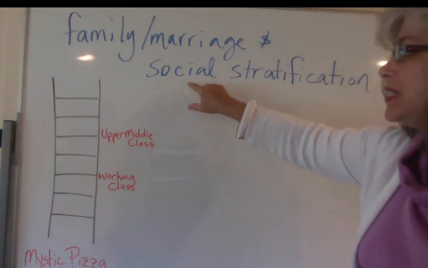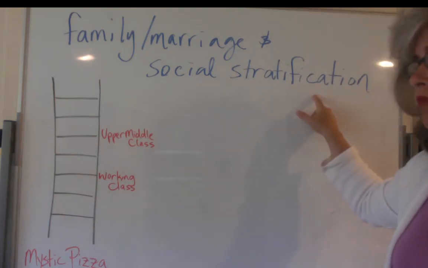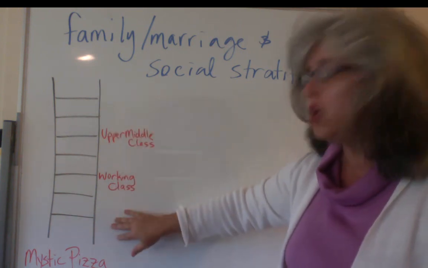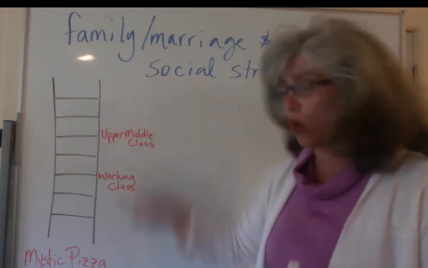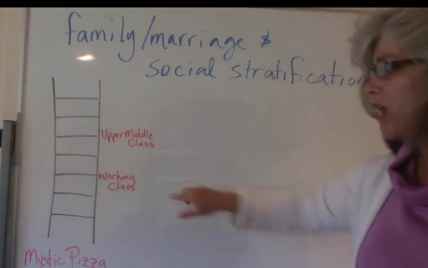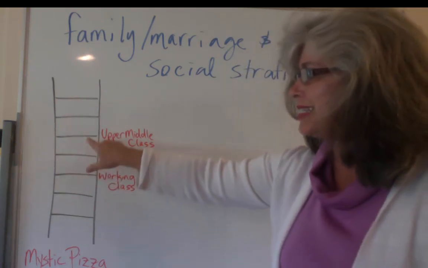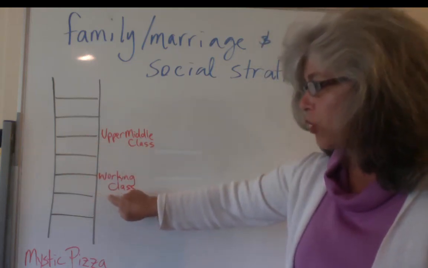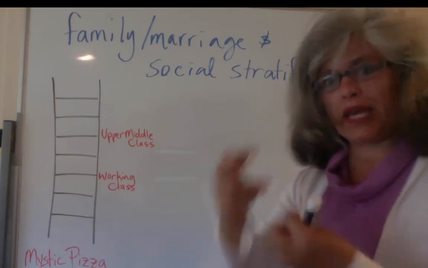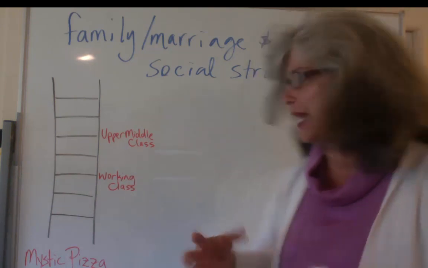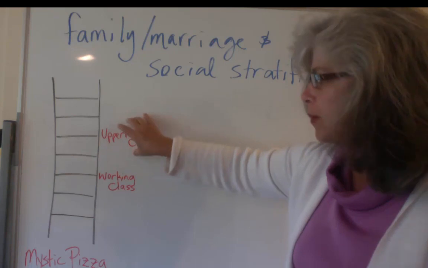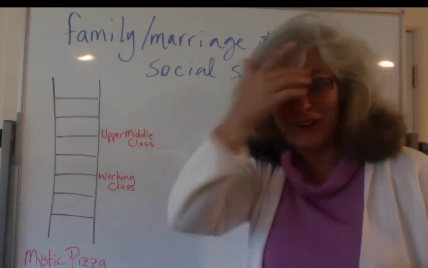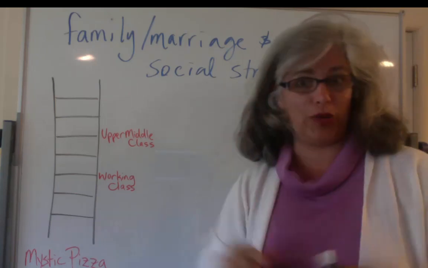week, specifically social stratification. So you see that I have drawn our 7-rung socioeconomic ladder on the board over here, and I've got a couple of the socioeconomic classes labeled. Remember, we've got underclass, working poor, working class. Big chunk of the population in the United States is working class. Middle class, and then lower upper and upper class, just for a really quick review of that from Unit 3.